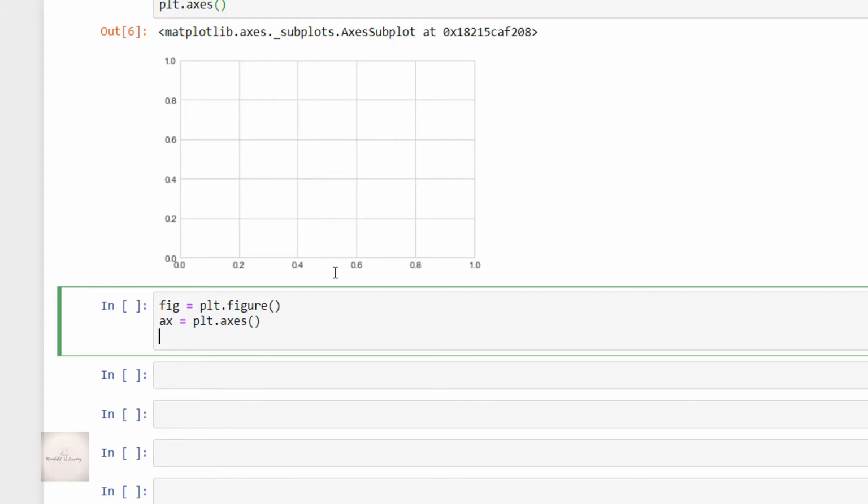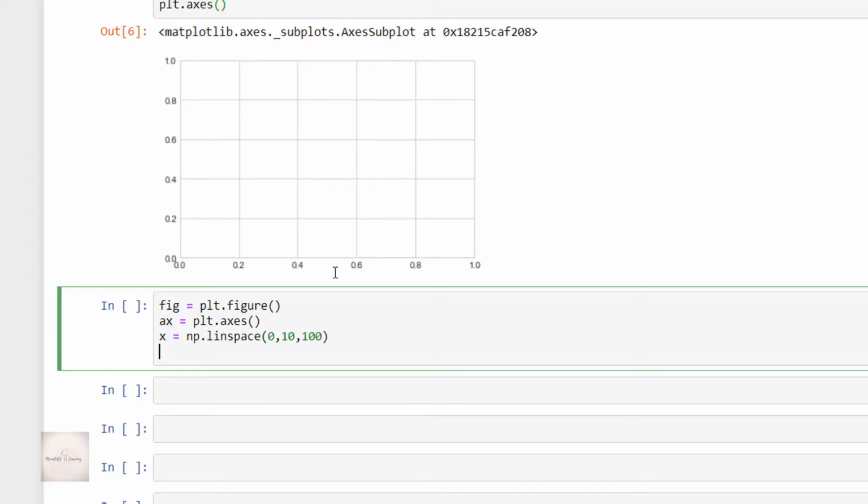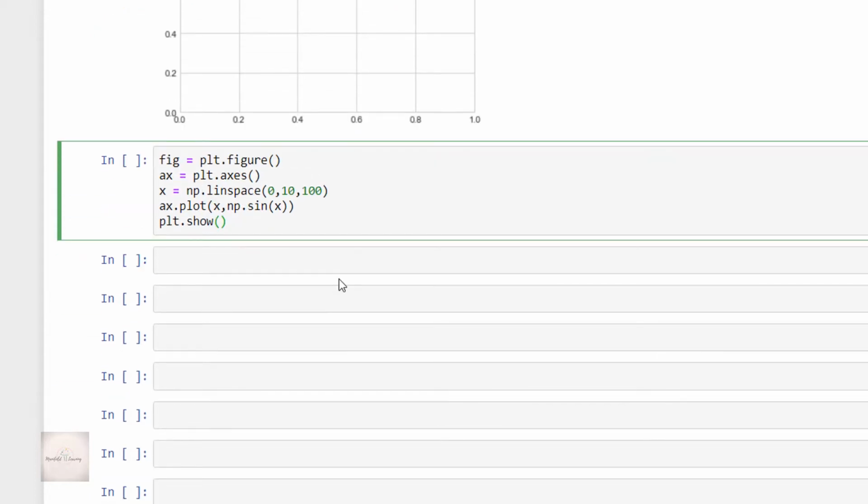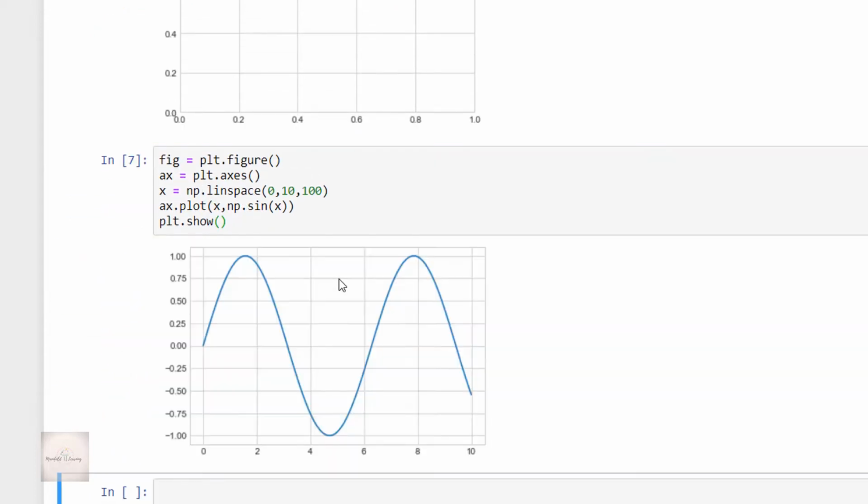Then x is equal to np.linspace of 0, 10, 100 and ax.plot of x, np.sin of x and then plt.show. Yes, and let me execute this code cell. Yeah, we got the sine wave.